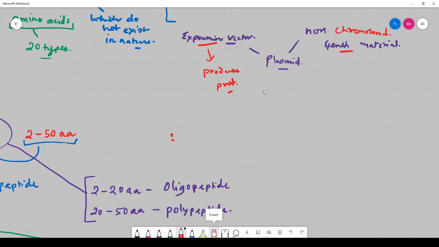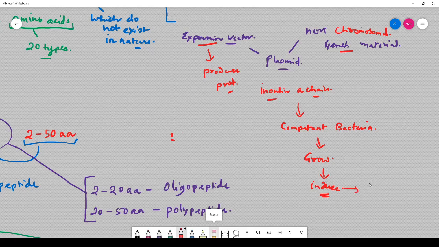So suppose I want to make insulin, okay, A chain. I will take the DNA for the A chain, I'll put it into an expression vector, and then I will introduce this plasmid into a competent bacteria, and I will allow the bacteria to grow. After it grows, I will induce it. What is inducing? I will make it to produce the protein. So that will result in the bacteria producing insulin A chain. Then I will purify it